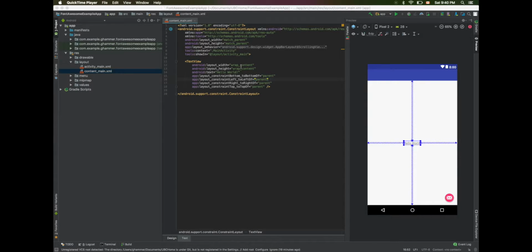What's good, lads? Today I'm going to show you how to use Fontawesome icons, both pro and free versions, in your Android Studio project. This method looks almost identical on a Windows machine,